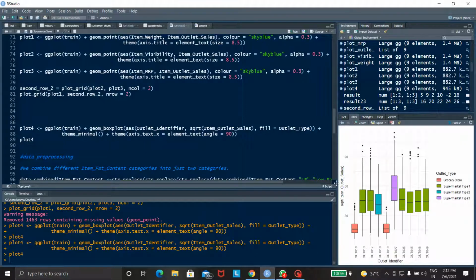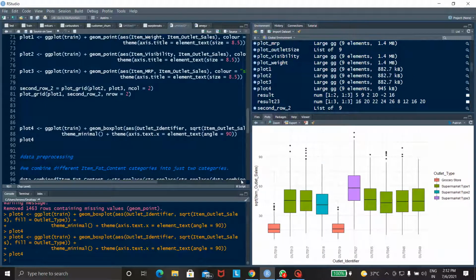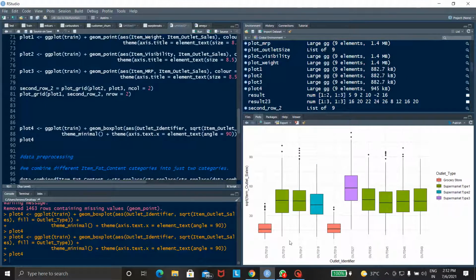The output is here. We can clearly see the outlet sales and there are outlet 10, outlet 13. These are the outlet identifiers, and on the right side there is the outlet type that mentions four colors. Each color represents a component: grocery store, supermarket type 1, supermarket type 2 and supermarket type 3.